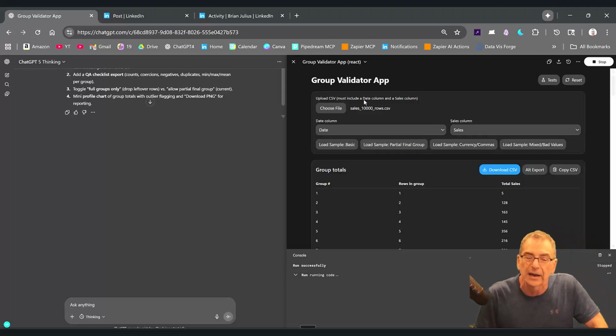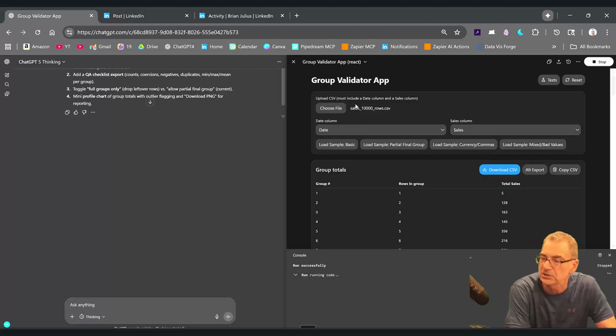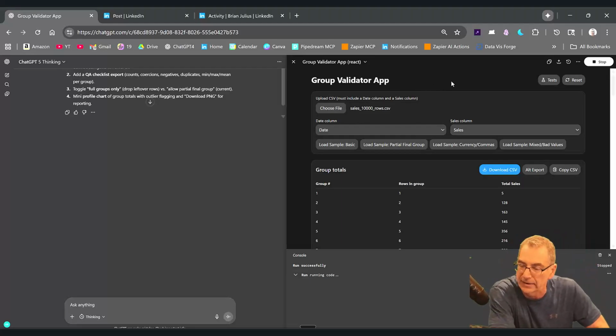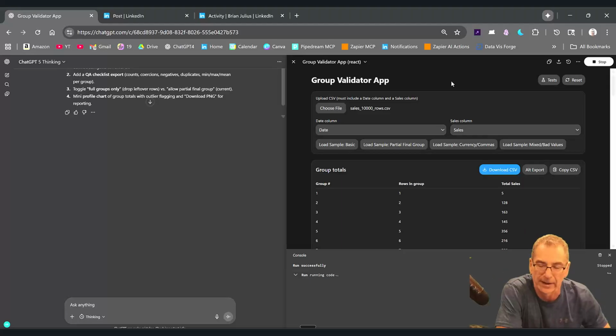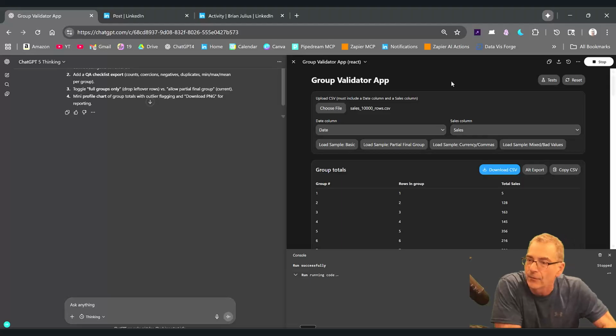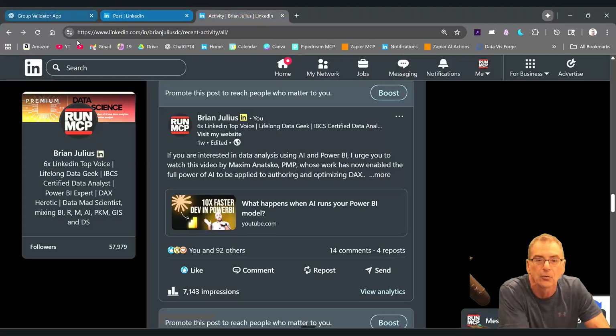And so what I've got is I entered in the 10,000 row validation table that I created. Just had ChatGPT create randomly using the date and the random sales between 0 and 100 on any given day. And then what we can do is we can copy the CSV out of this